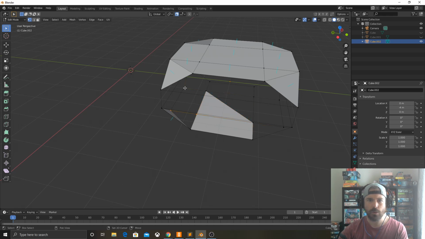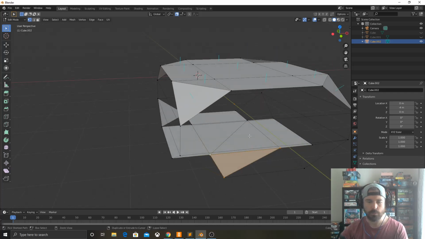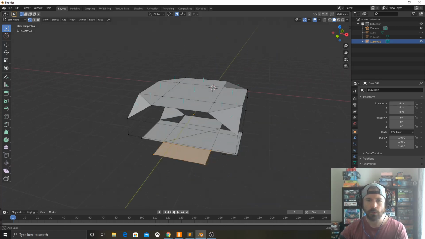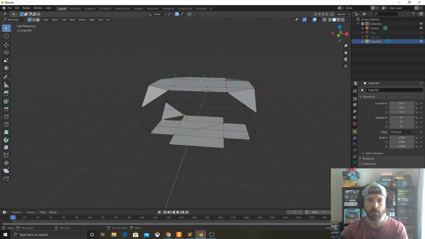Don't try to take shortcuts here. Whoops, I accidentally, that should be a quad. It doesn't matter that it's a tri though. F. Oops. And I want to get these. Don't try to make those quads because they'll come out funny. F. Almost done. Probably a quicker way to do it, but